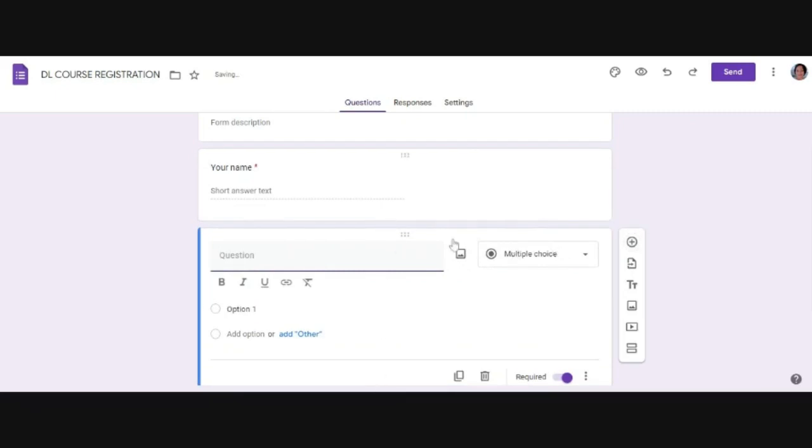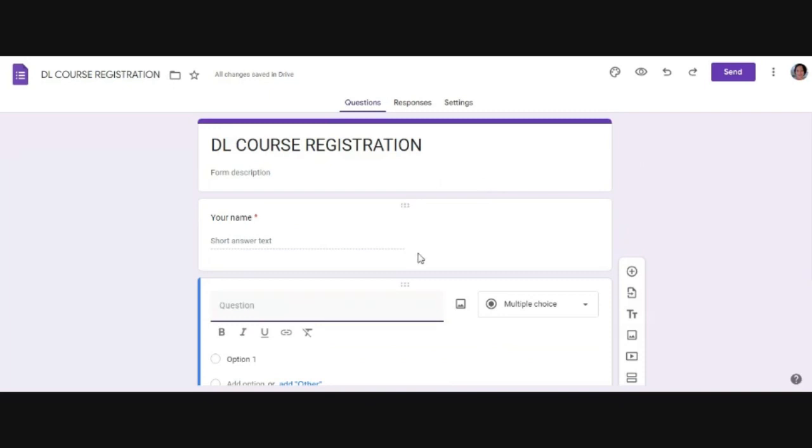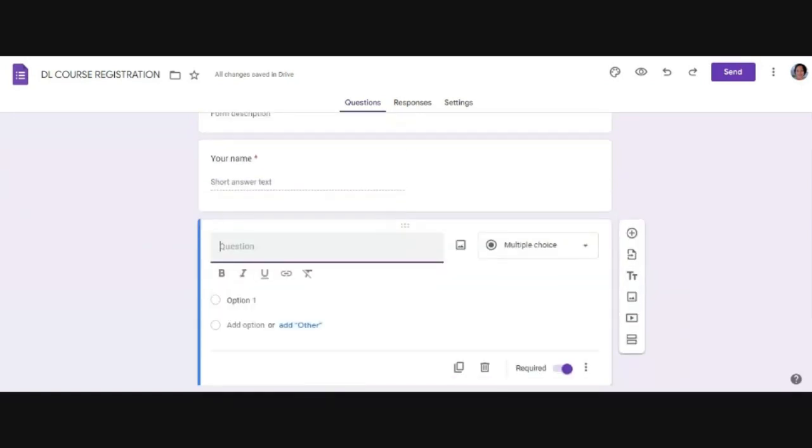Good. So you've seen how I'm moving it, right? If you want to add another section in order to ask another question, that is how it should go. You should click on the plus sign. Good. So this particular session, I'm going to ask a question that would demand a multiple choice for you to choose from. So what should the question be?